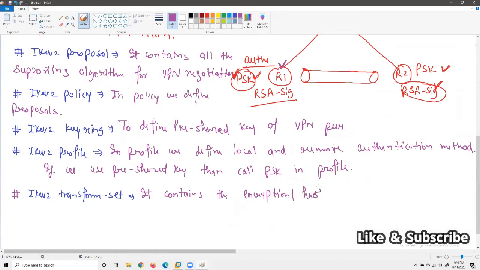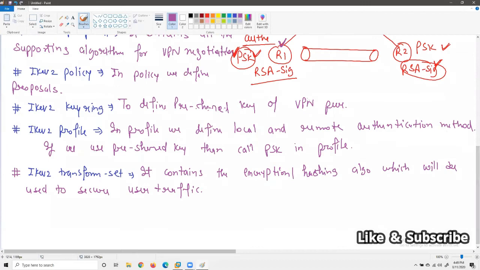The next thing you will do, you will configure an IP access list for interesting traffic of the VPN tunnel.